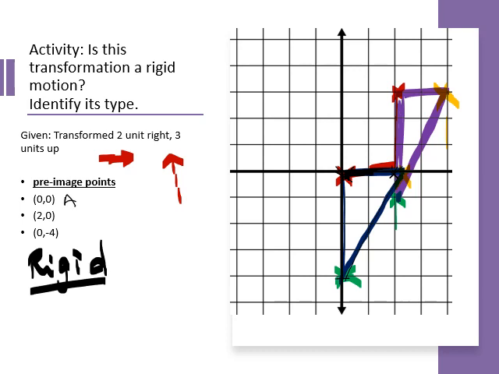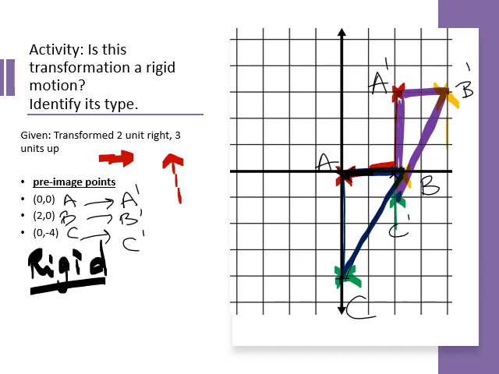I have A, B, C. Okay, so A becomes A prime, B becomes B prime, C becomes C prime. This is my image. So A becomes A prime, B, which is the yellow, becomes B prime, and C becomes C prime, right? In that case, the figure has been slid, so I'm gonna call the type